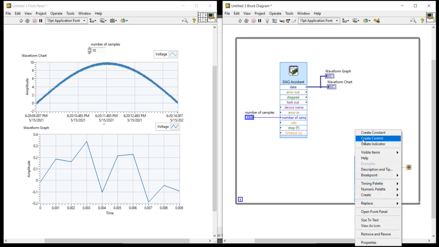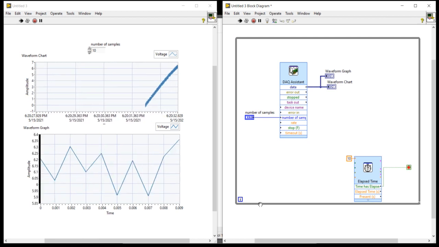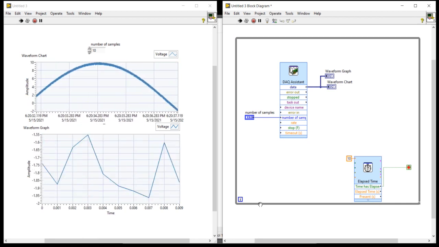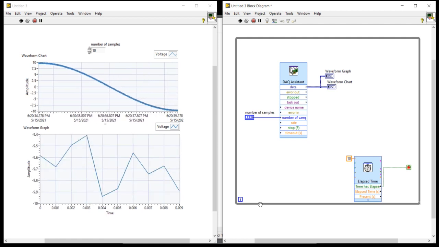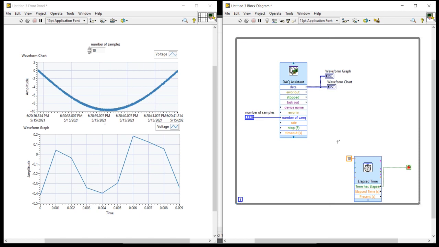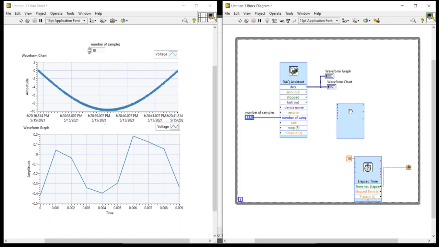In place here I can run. After 10 seconds the program will stop. Now if I want to store the data, I can take the write measurement file.